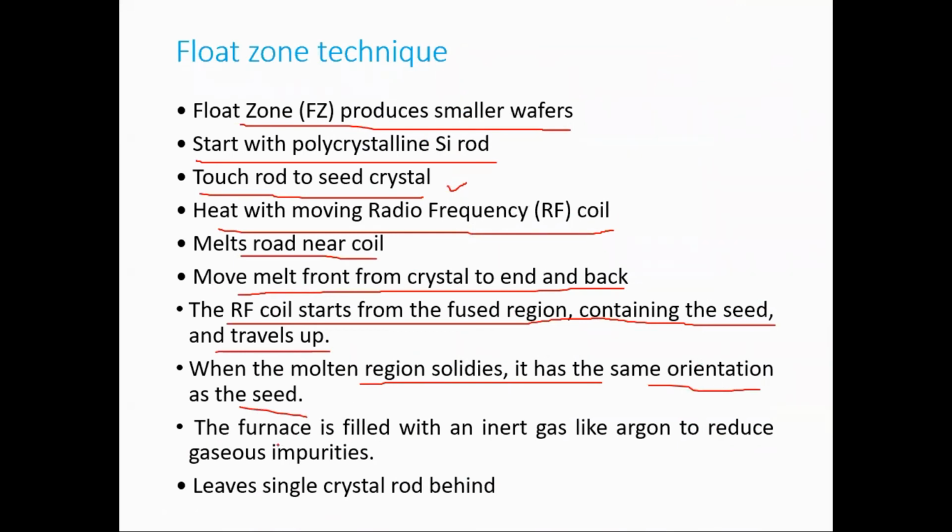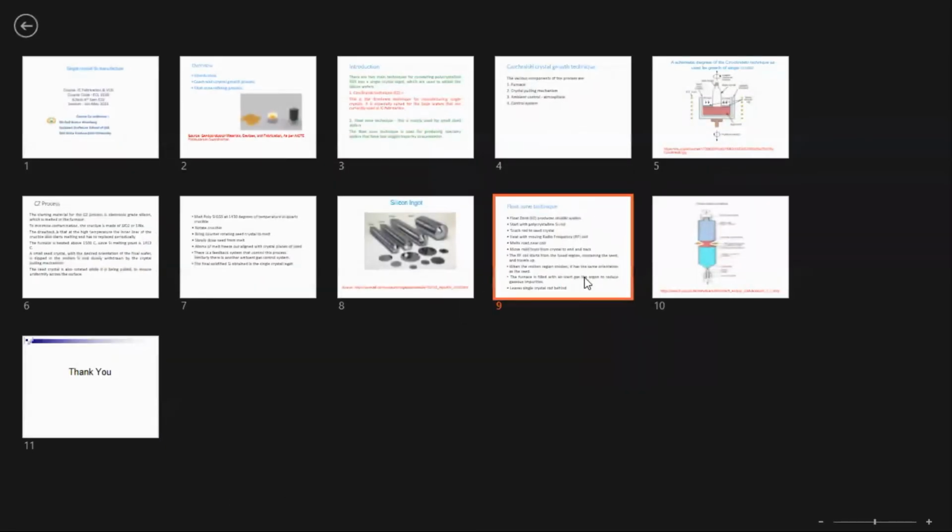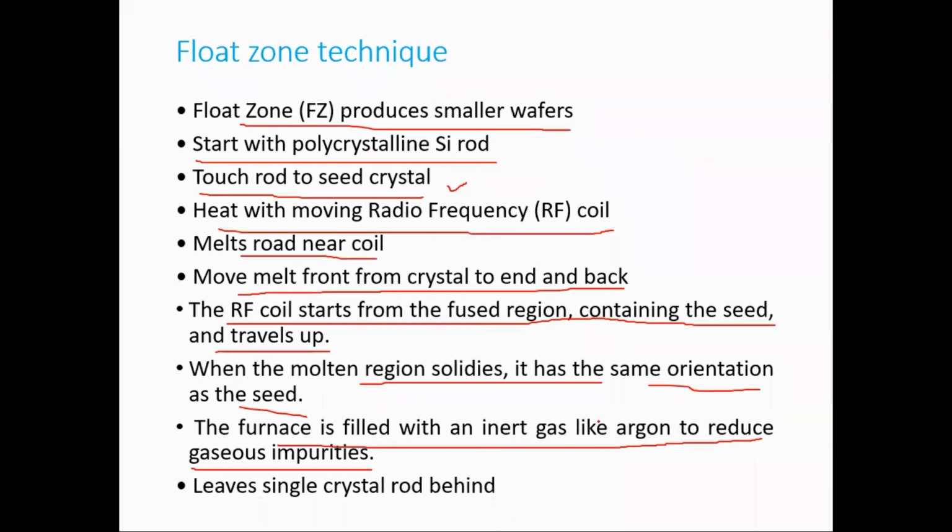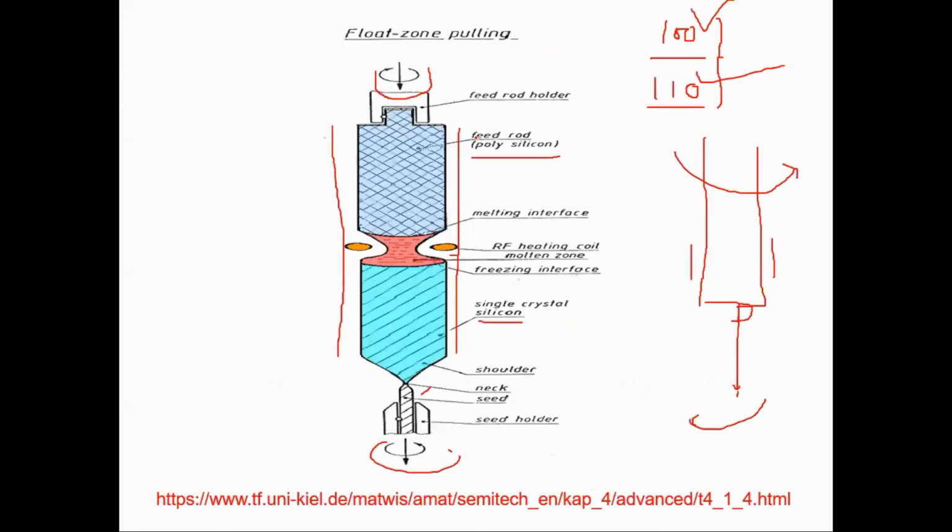Here also the furnace is filled with an inert gas like argon to reduce gaseous impurities and leave the silicon crystal rod behind. So this is the entire thing about your float zone technique and your CZ technique. I hope you get a better understanding of the topics, and if you have any doubt, you can discuss. And in the coming classes, we will be discussing the processes that need to be followed after